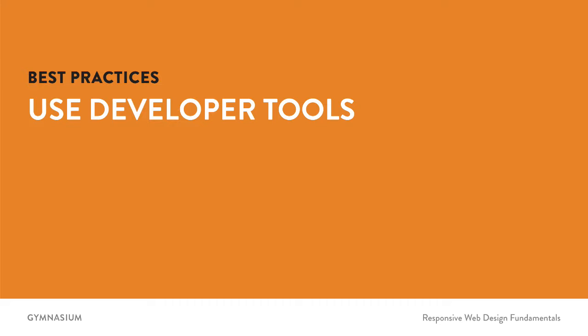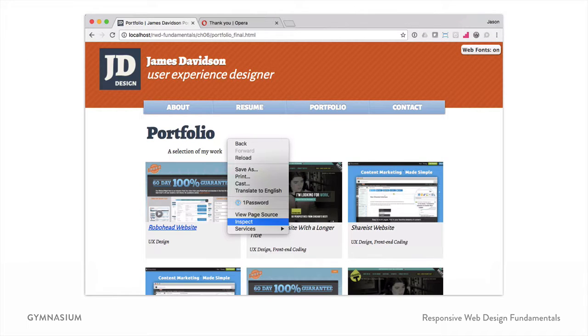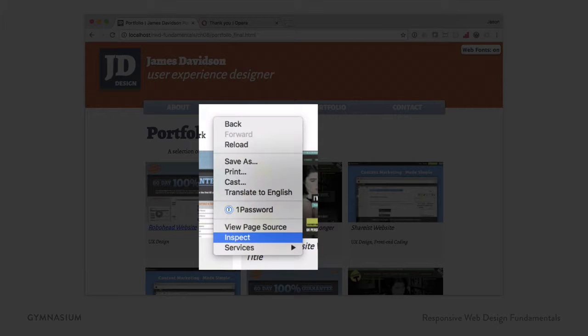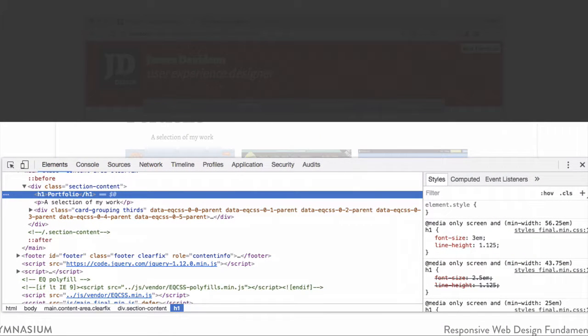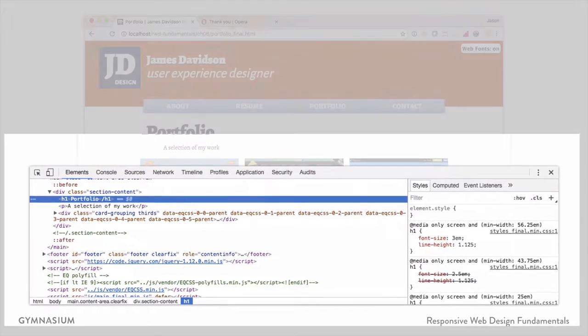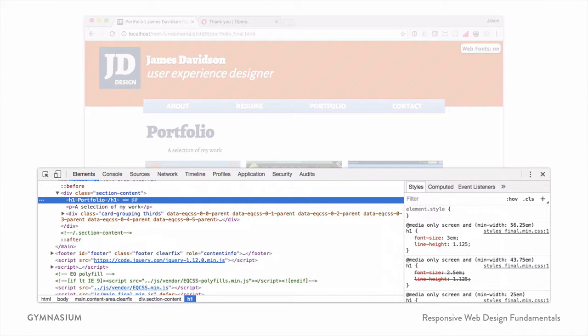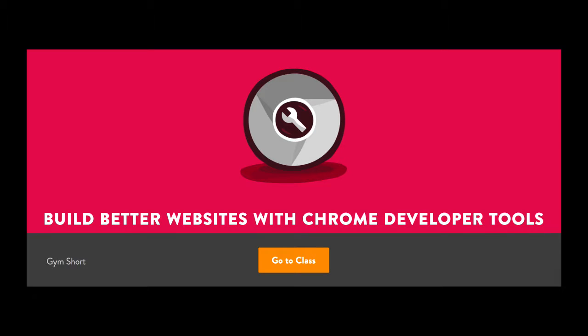Developer tools are another thing I wanted to mention. All browsers have some version of these tools designed to make your life easier, and the general workflow is to right-click or control-click on a page, and this typically pops up a number of code panels which allow you to inspect the document and do things like modify the HTML, CSS, and JavaScript, analyze the network traffic on a page, look at the sources of various files being used.